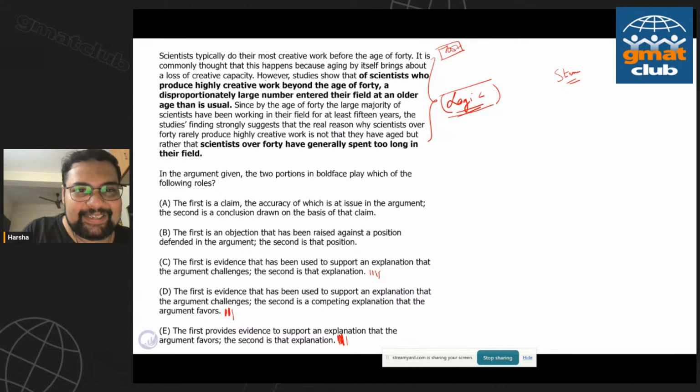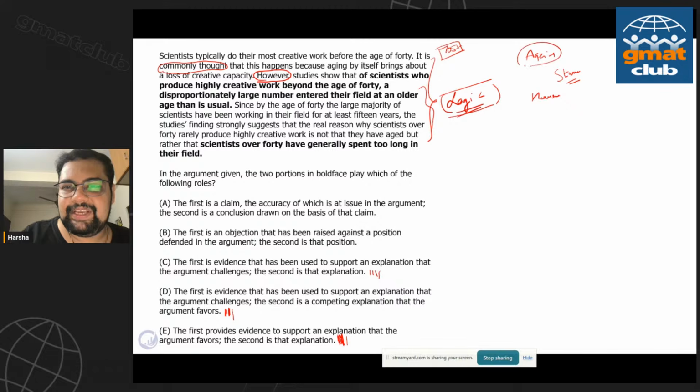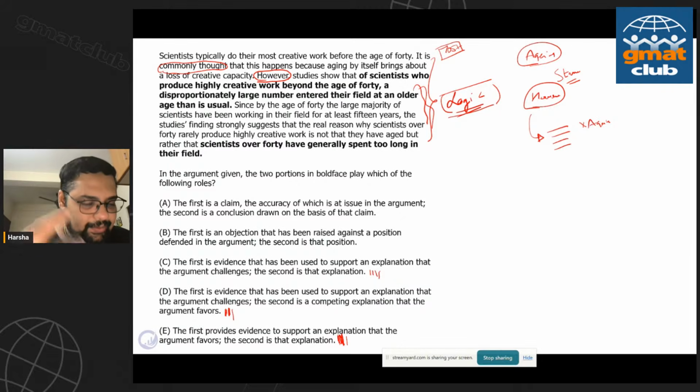Second, also pay attention to these words, right? The author brought in this common belief. There's this common belief which said it's really about aging. And then when you see, however, even before you read some of this, you can kind of see that if the previous theory is aging, and you see, however, the case that is going to be built henceforth, at least to a certain level, is going to be, hey, it's not aging. So just by looking at those words, you could figure out some of those things. So paying attention to these words matters.